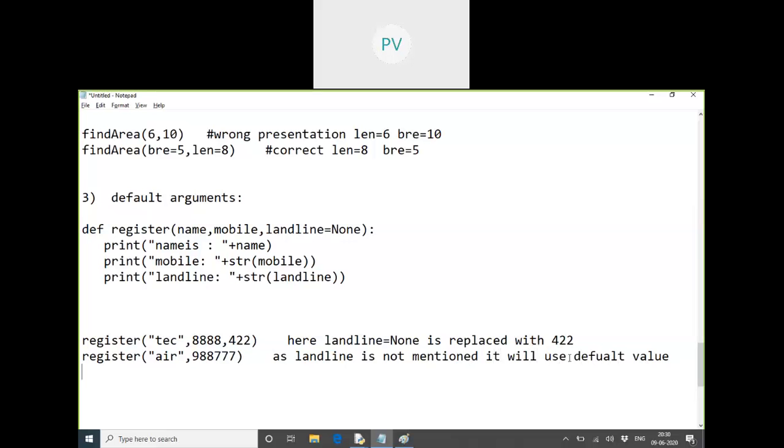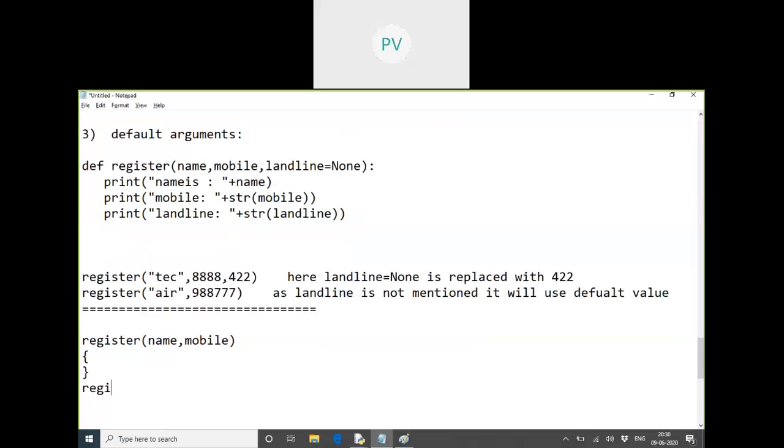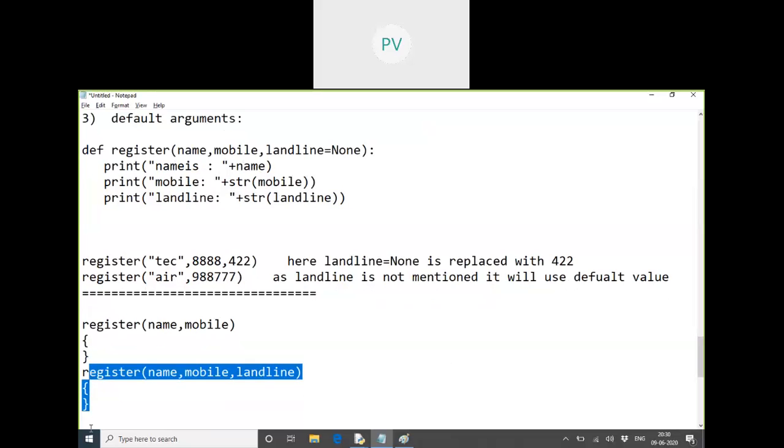Now because you have learned Java, in Java, if you want to register in more than one way, we did method overloading. In the class, we have written register with name and mobile. So we had to write like this, and we had to write one more definition with register with name, mobile, landline. So we had to write again and again. Method overloading we did in Java. So here coding is unnecessarily written so many times. That problem is resolved. In Java we used to do more coding using method overloading, but here one method we are writing only once.